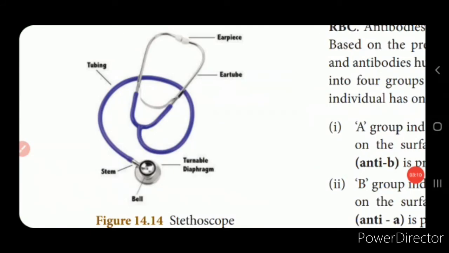Look into the picture, children. You are very familiar with this instrument, isn't it? The apparatus that is called the stethoscope is used to detect the sound that is produced by the heart, especially the internal organs of the human body. The heart sound is heard by placing the stethoscope on the chest, isn't it? And this is usually used to diagnose or localize the health problems in the human body. And now this is also replaced by electronic stethoscopes, which have high accuracy and precision.